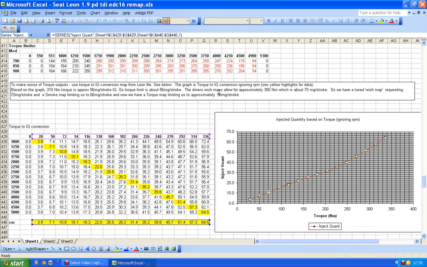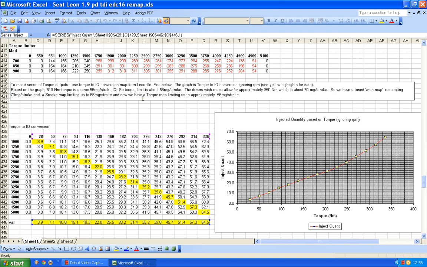So if I want more, and I stress if, but if I want more, I've got room, haven't I? Because if I decide to increase this, if I play with these numbers a little bit more and increase them a little bit more, I'm not going to hit the smoke limiter yet. So I could play with these numbers and up this 56 a little bit more to take it a little bit closer to 66 if I want to. But I would never do that.